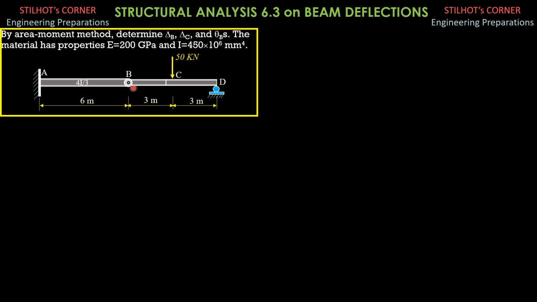We can have two moment centers to choose from. We can also have one, and it is at B, because there are two segments of the beam, AB and BD. So I opt to have two moment centers, one at C and the other at A here. But you can also have two different moment centers if you want. You can also have one moment center which is at B if you want, as long as the answers are the same.